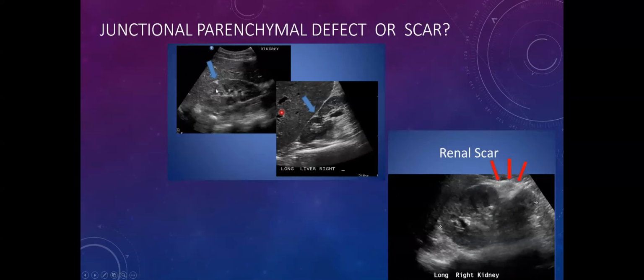There's our parenchymal defect. We see these all the time. You can see that perinephric fat kind of filling the space there. Or is it a scar? Look how this scar is wedge shaped. That means there was probably some kind of arterial blockage right here, and the kidney died in this location and created a scar. Granted, it looks like it's rather fat-filled, but